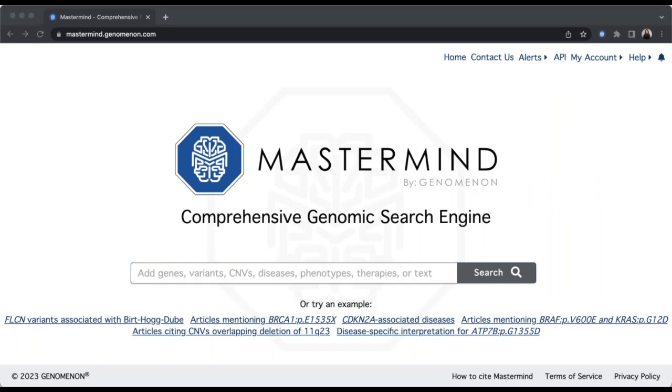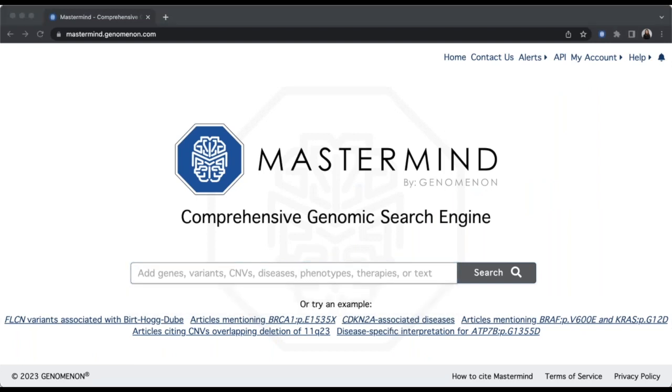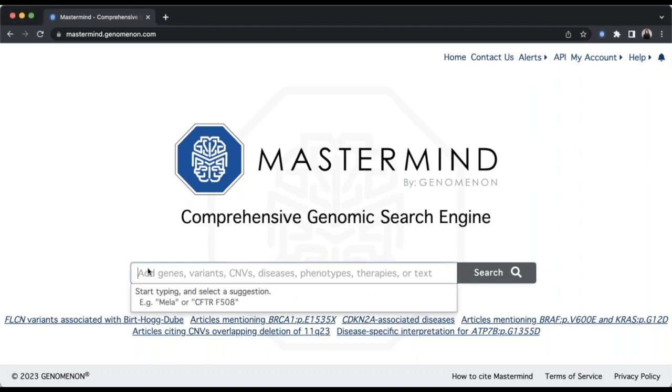Perfect. All right, everyone should be seeing my screen now, which is just our Mastermind homepage here. One of the most common questions that we hear is, how do I launch a search? What's the formatting? What can I include? So we're going to start with just that. Here on the homepage of Mastermind, we have our search bar front and center, which is where you'll begin